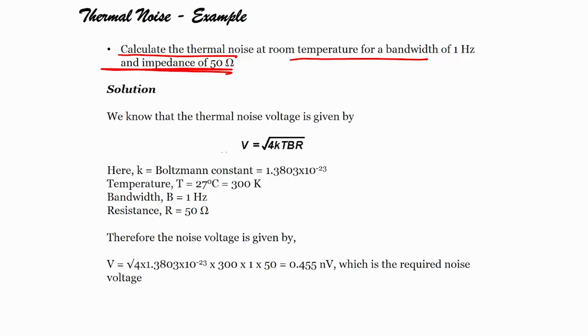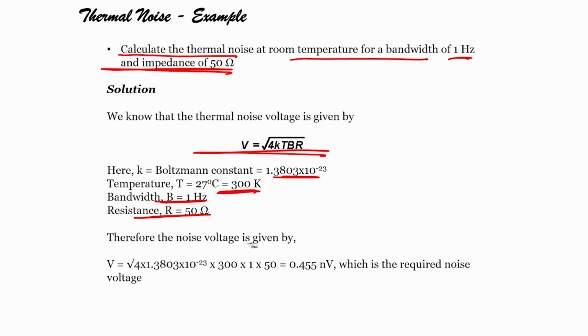We know that the thermal noise voltage is given by V equals under root of 4kTBR, where k is Boltzmann constant, T is 300 Kelvin, B is 1 hertz, R is 50 ohms, right. This is given, 1 hertz is given, 50 ohm is given, we should know what is Boltzmann constant. And we said room temperature we consider as 27 degree, so 300 Kelvin. Therefore, the noise voltage is nothing but under root of